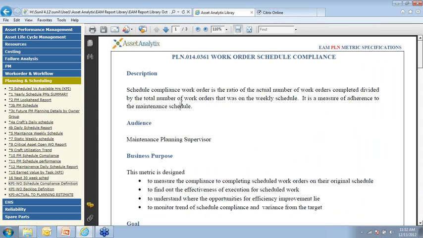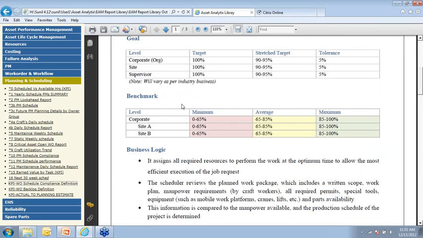So across the organization, they can communicate what the KPI is, who's going to use it, what's the business purpose of it, what the goals should be, and these goals will change over a period of time, and how they're going to benchmark against other companies or other sites in this case. And this type of documentation also helps, because you might put up a KPI in practice, and then after 6 months people will forget what the business logic was or how it is actually computed. So it provides